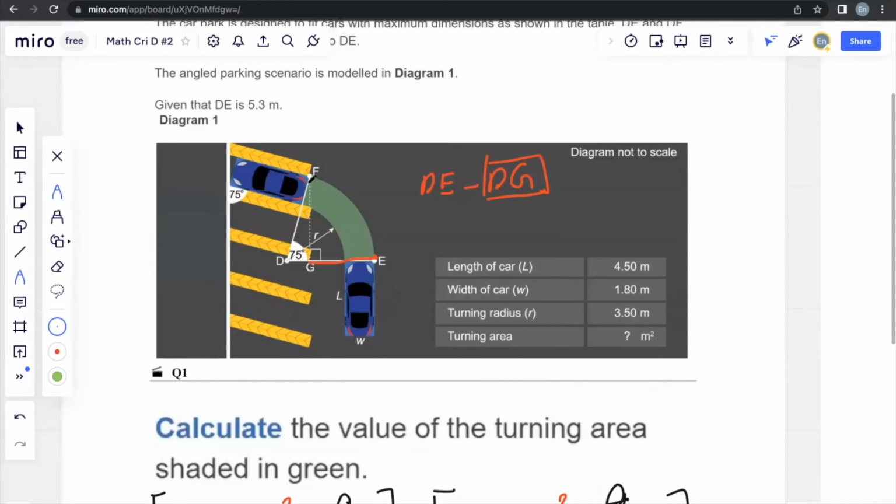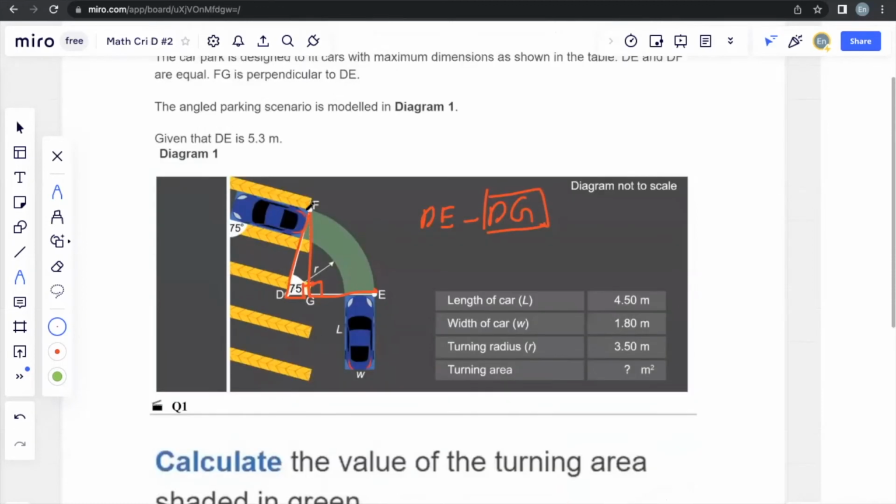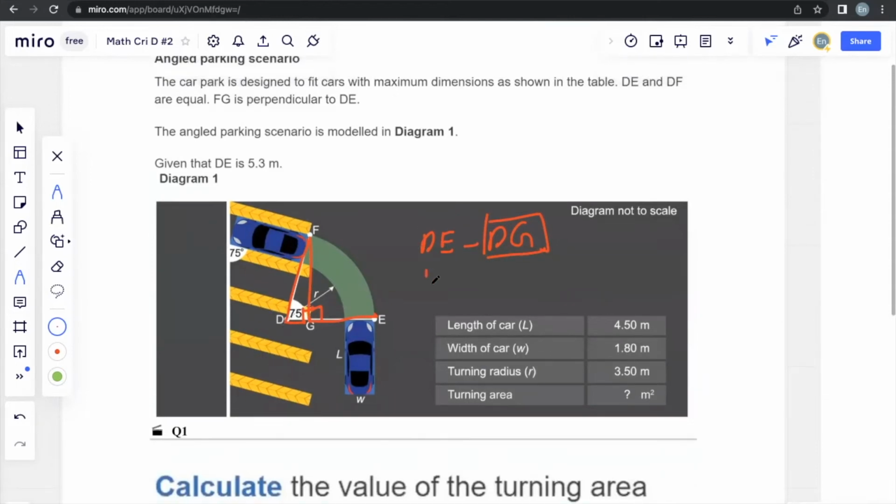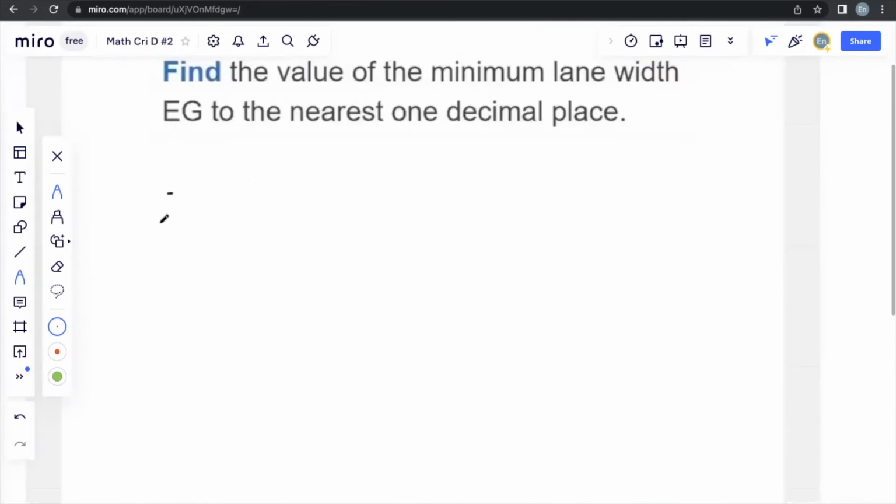And if we look properly here, we can see another right angle triangle right here. Since this is a right angle, we can also assume that this is a right angle. So we already know that DE is equal to DF. As previously stated in the question, DE and DF are equal. So DF would also be 5.3. In this case, we already have the length of DF, so it will be easy to find the length of DG. We could do this through the usage of cosine, which is